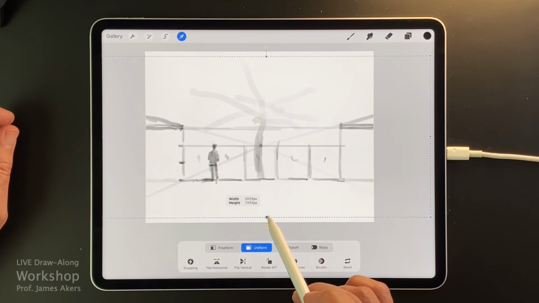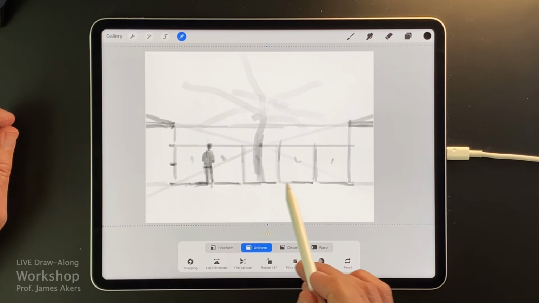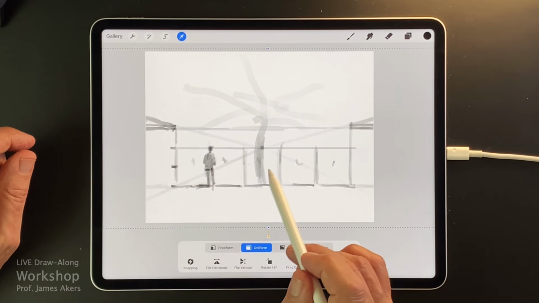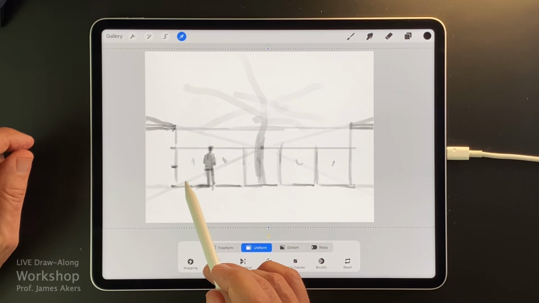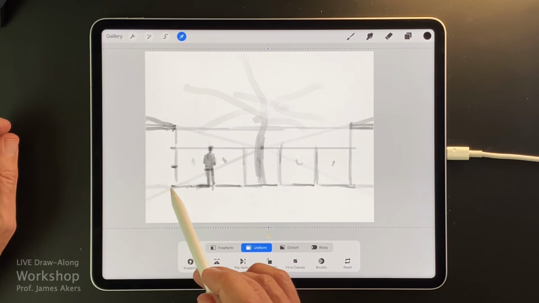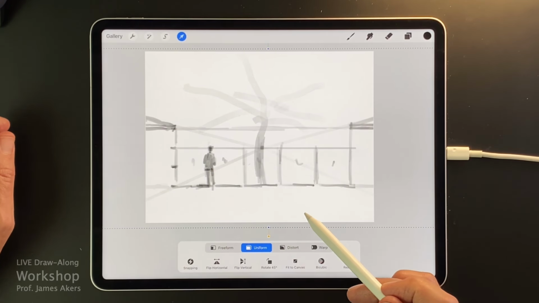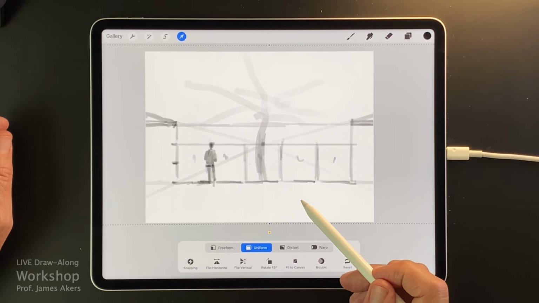I can imagine that tree is going to be relatively close to the foreground, because I really want to see the action under that tree. Then I'll build the perspective this way a little bit, and then back into the drawing a little bit. Let's see how that works out.